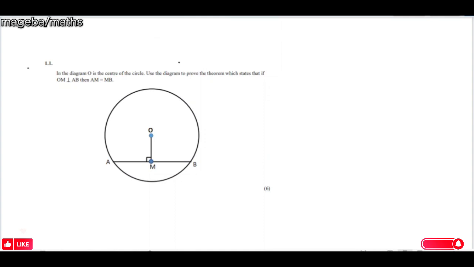It's saying in the diagram below, O is the center. So first, by writing my given, I'm given that O is the center. So that is the first thing that you need to write down. O is a given, and then in the diagram, to prove the theorem which states that if